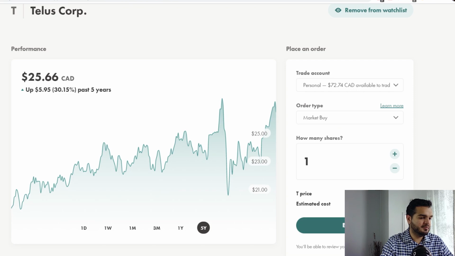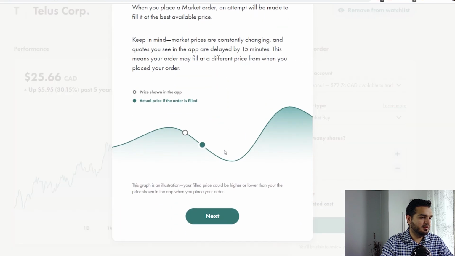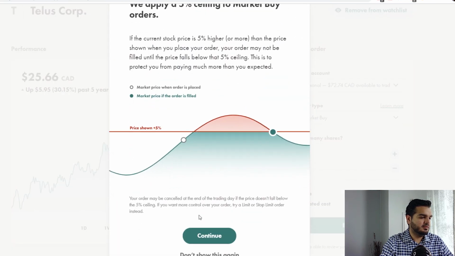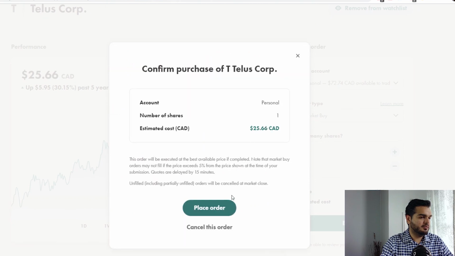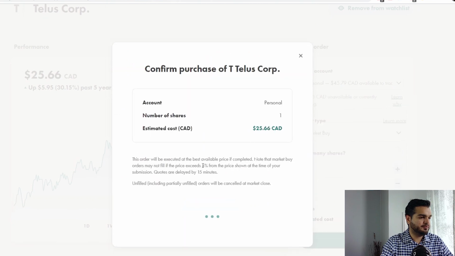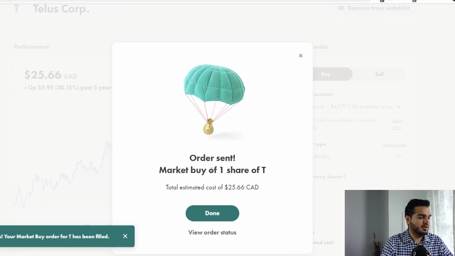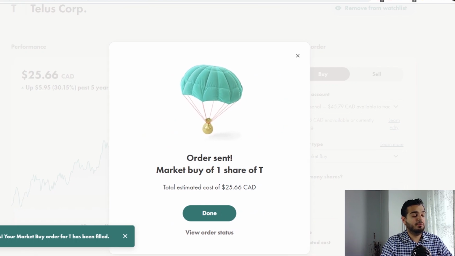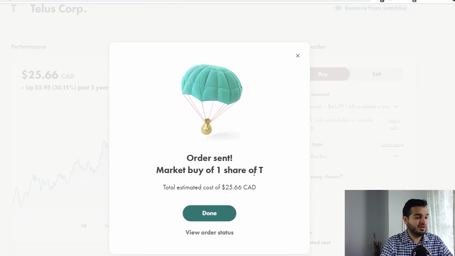Let's go ahead and buy TELUS. Next. Yes, and continue. Place order. And there you go. And this is what's really cool about Wealthsimple Trade. I'm buying 1 share of TELUS. I'm buying 1 share of ZIN, and there are no commission fees. There are no trading fees. So I can buy as little as 1 share at a time and continue to grow